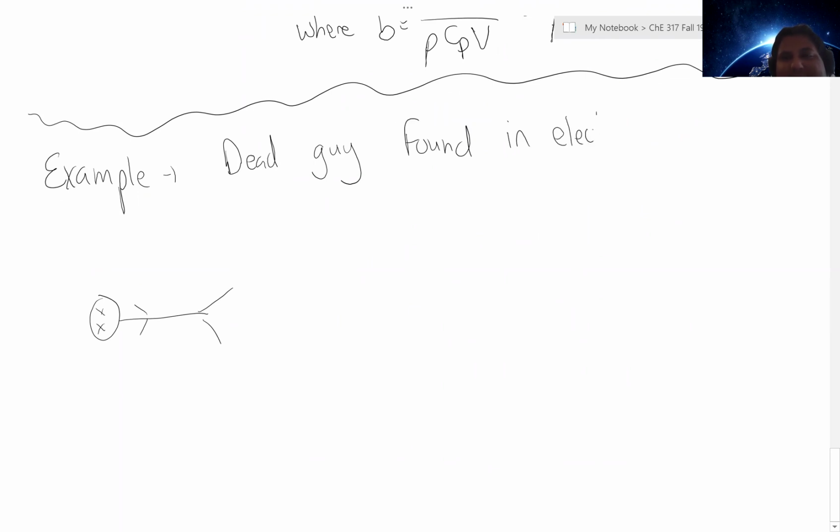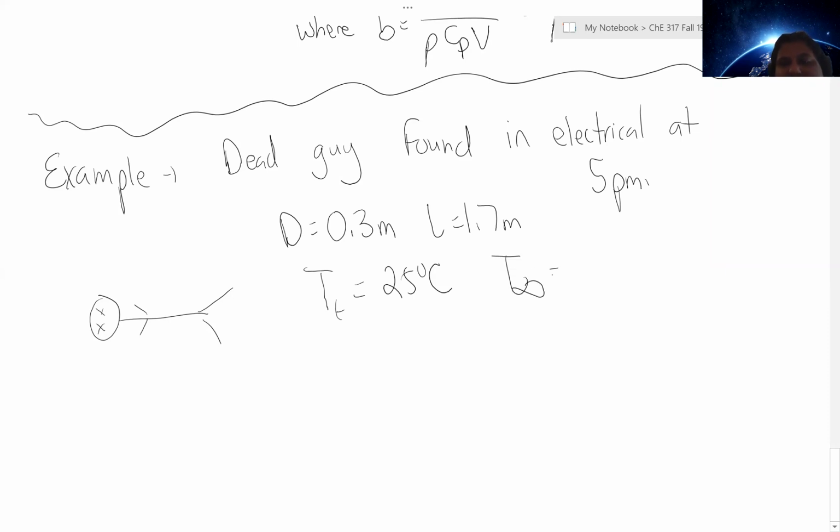an electrical at 5 p.m. Diameter we can approximate as 30 centimeters, with a length of 1.7 meters. The T sub T, or the temperature found, was 25 degrees. The ambient temperature was approximately 20 degrees C, and our initial temperature, assuming body temperature,